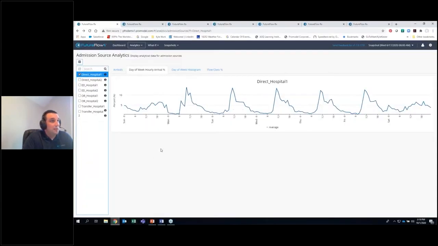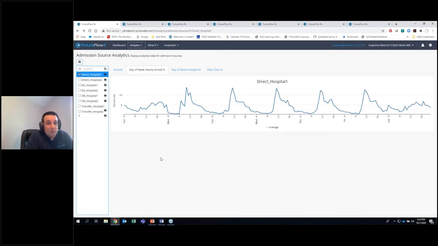So let me jump into, so again, FutureFlow Rx is a web-based platform. What you're looking at is something that in our customers that we have now, typically each of them have their environment stood up behind their firewalls for privacy reasons. We stand up these different environments and we can access a whole wealth of data. Part of Gene's conversation, and I switched up my flow a little bit here, but part of what Gene mentioned is the historical flow and patterns and how that's relevant, and that's really one of the core things that we do